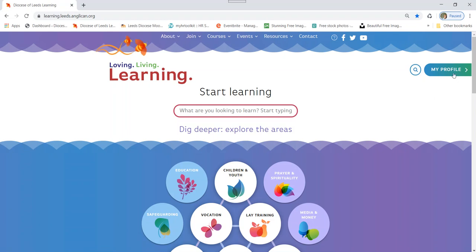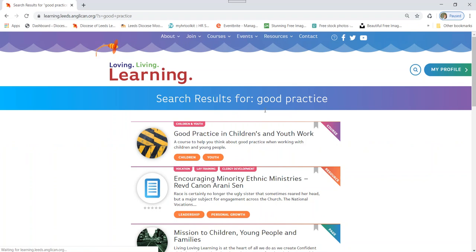So now I've logged in, you can see that it doesn't say login anymore up here, it says my profile. I'll take you to that page in a moment, but the first thing that I need to do is find the course that I want to enrol on. So I know that there's a course called Good Practice in Working with Children and Young People, or something like that. So I search for the words Good Practice and I get a list, and the course that I want is at the top of the list. So I click on that course,